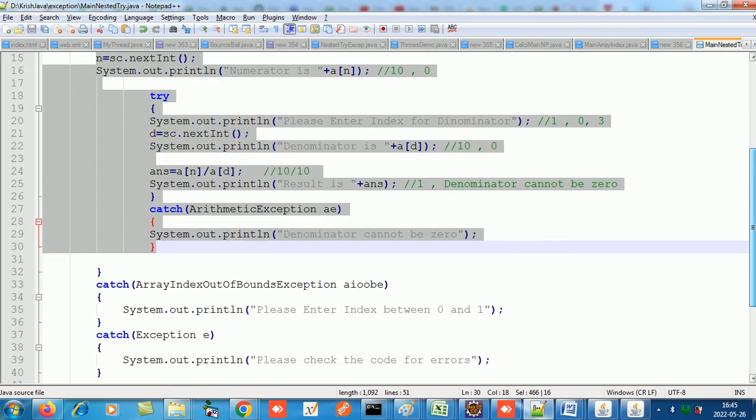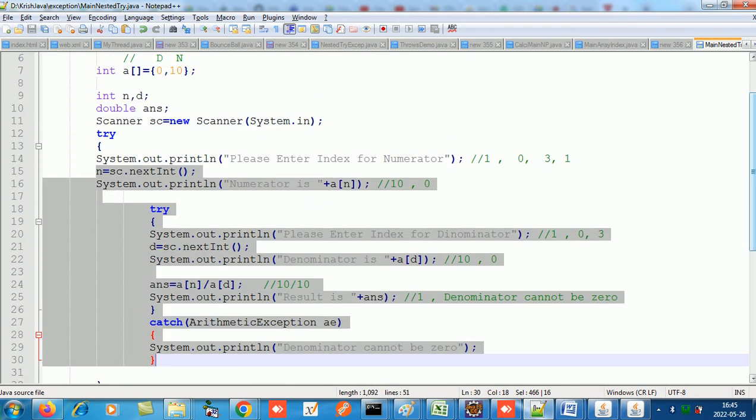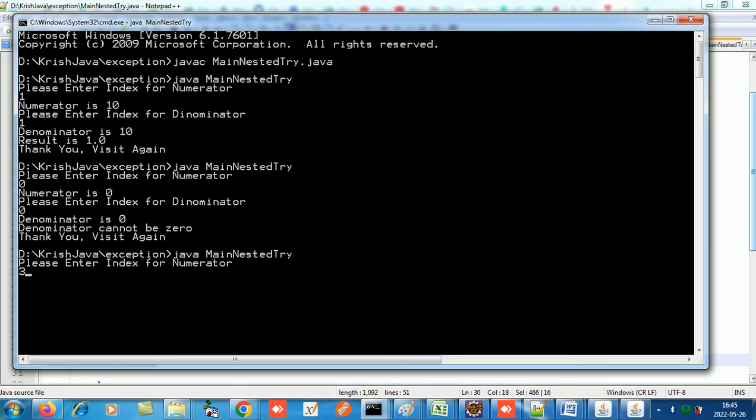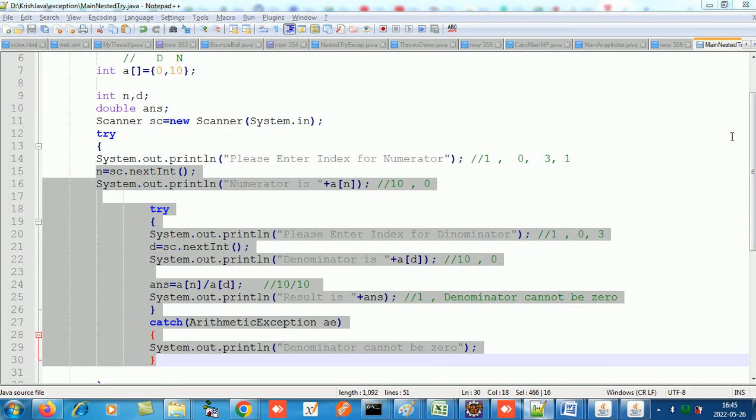Please enter index between 0 and 1, and thank you, user, again. Correct? Yes. So if I enter over here 3, okay? Getting the point? And if I now do this one, if I enter 1 means 10, okay? And here if I enter 3, now